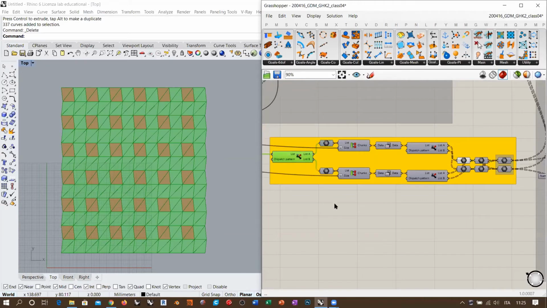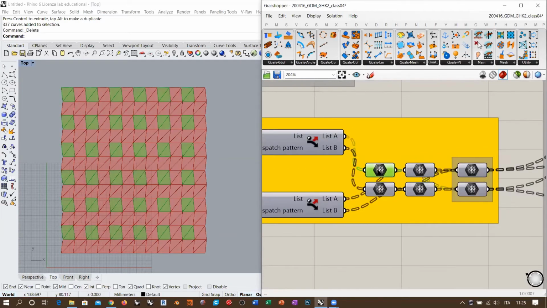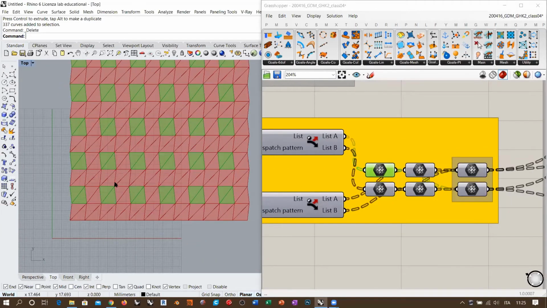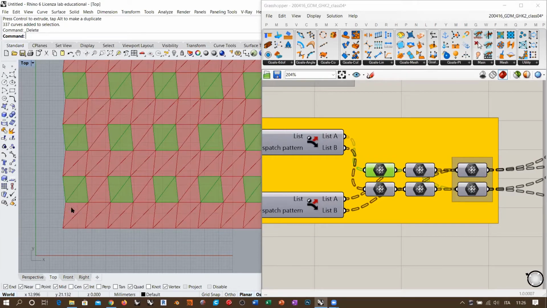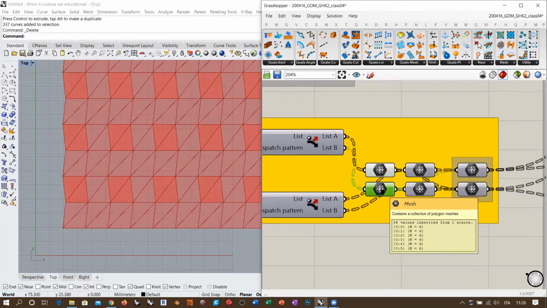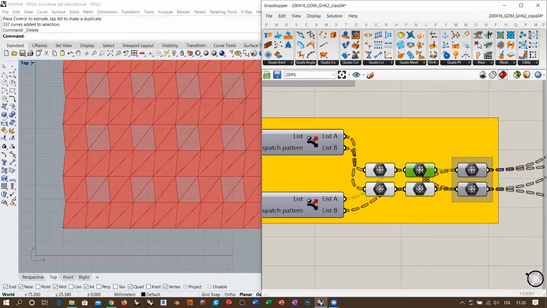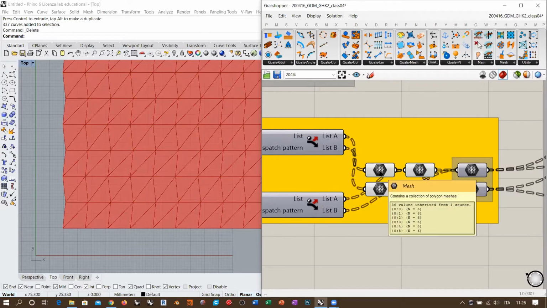Well, actually, this one. Considering this set of 4 meshes, this one is giving me the upper left mesh. This is the lower left mesh. This is the lower right mesh. And this is the upper right mesh. Once I have this, what I can do is take, for example, the